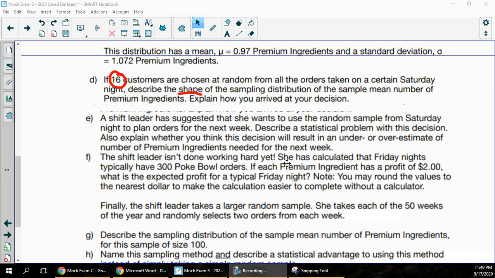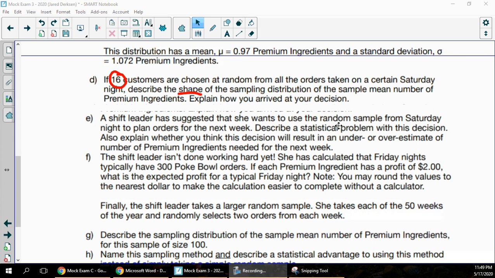So now letter E says a shift leader wants to use a random sample for Saturday to plan orders for next week. What's the problem with this? Well, the problem is Saturday may not be representative of a typical day. Saturday's orders may not be representative of the rest of the week. So we've got some bias, a systematic favoring of a certain outcome,